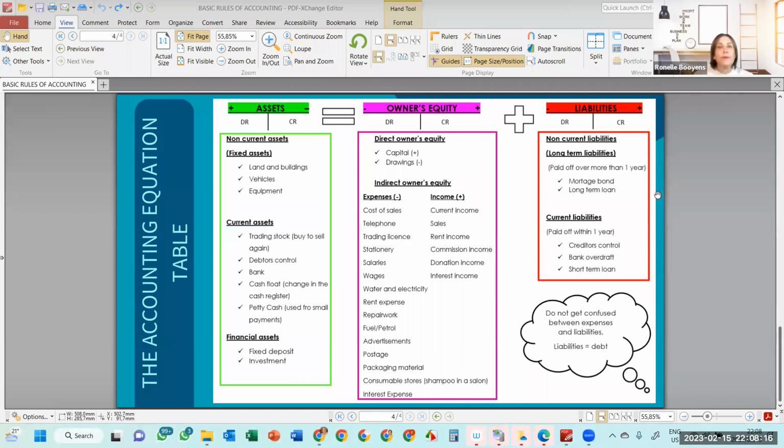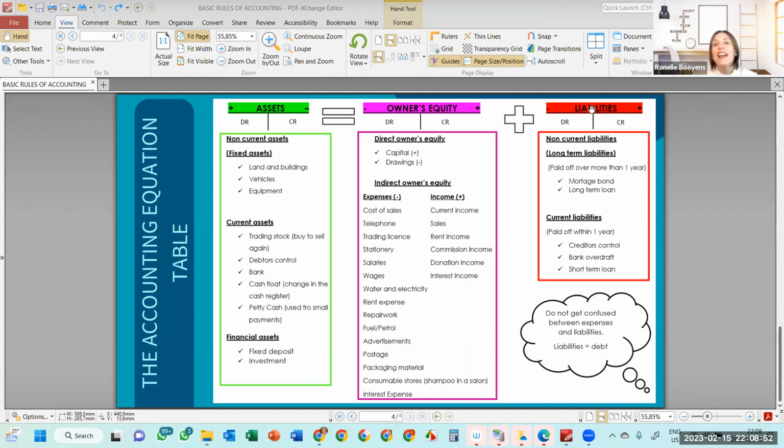Lastly, we look at liabilities. Grade 8, we don't really deal with liabilities in your year. Grade 9s only in term 3, but you need to be aware of this. And once again, when you know this poster and you know the principles, even if you have not come across a specific transaction or your teacher hasn't explained it in class yet, with this knowledge, you can actually figure out what's going on. And this is the brilliance of the subject. Know the basics, and I can give you anything, and you can determine and work out what the answer should be. How nice is that?